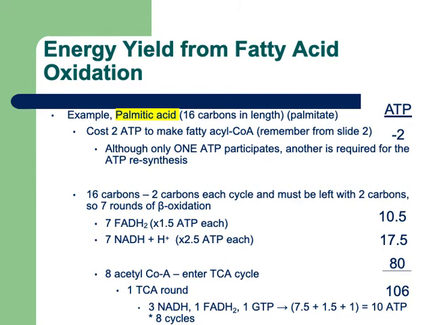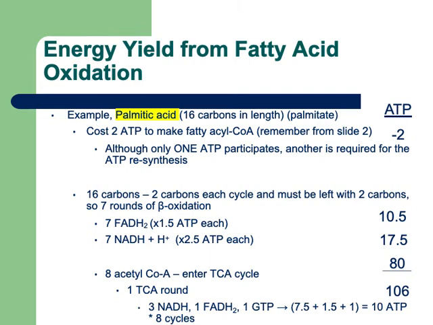So remember, the first step involved in fat metabolism is to activate the fatty acid to fatty acyl-CoA, which consumes 2 ATP. So we're already in a net loss of 2 ATP. Therefore we have minus 2 for the first step. Then we'll address the 16 carbons of the palmitic acid. Remember, 2 carbons are removed from beta oxidation each cycle, so we must be left with 2 carbons, which is acetyl-CoA. So 16 carbons minus 2 carbons per cycle equals 14 carbons, divided by 2 equals 7 rounds